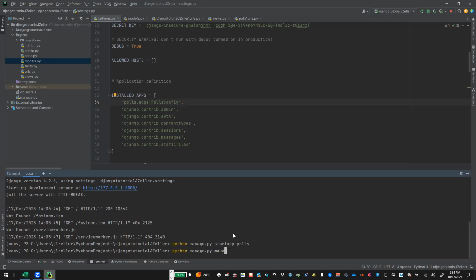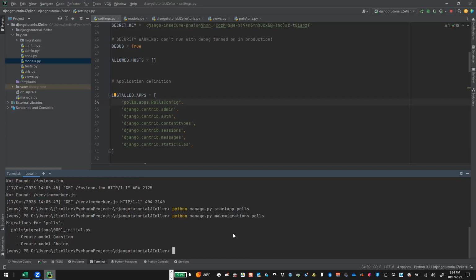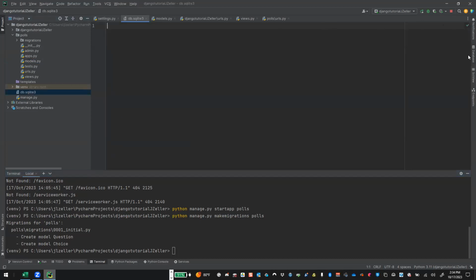manage.py makemigrations. And then you can either specify the individual app or the whole thing. In this case, we're going to specify the app of polls. Hit enter. What that does is it goes through your models and determines if you made any changes. If you did make changes, or this is the first time, it builds that now into our database. So if we go out and look at our SQLite database, we actually have stuff,